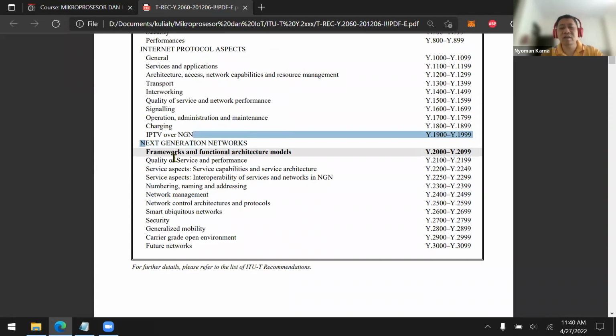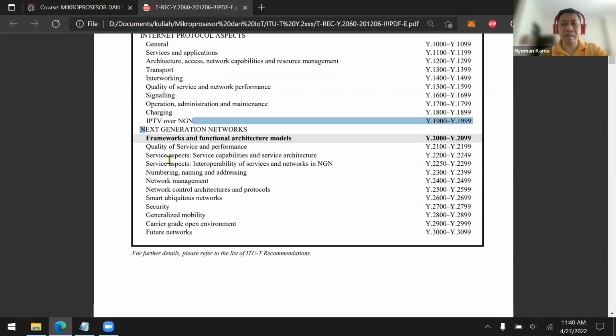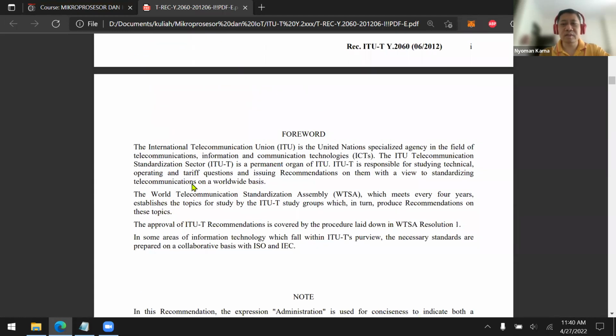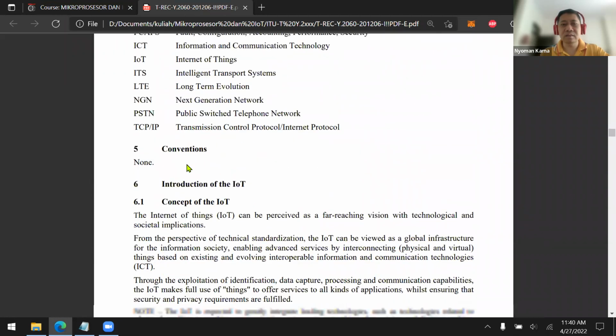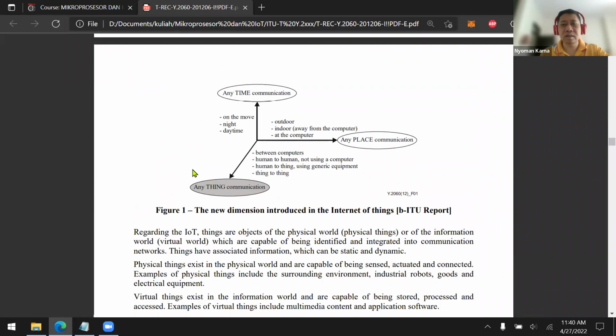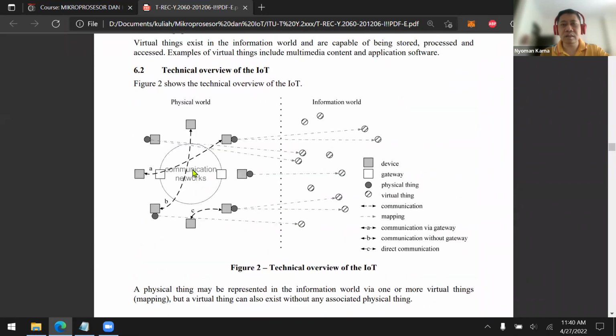So IoT from the ITU-T perspective is a next generation network. Now, the first thing that we're going to discuss from the standard is this one: the technical overview of the IoT.